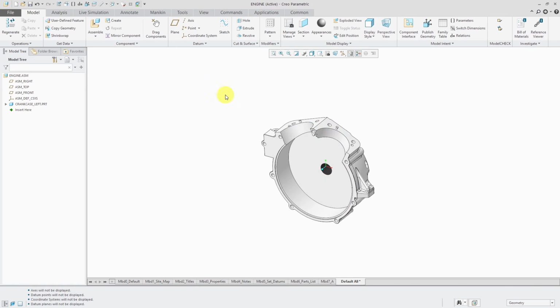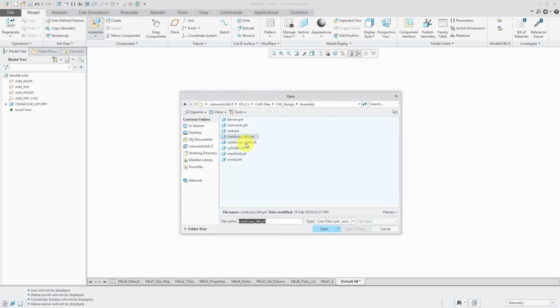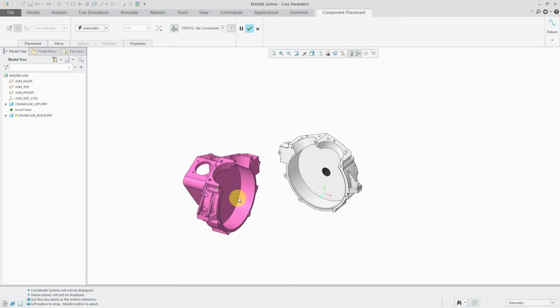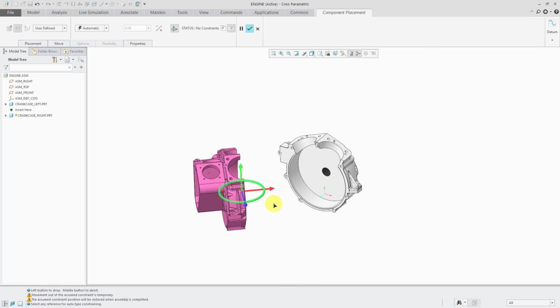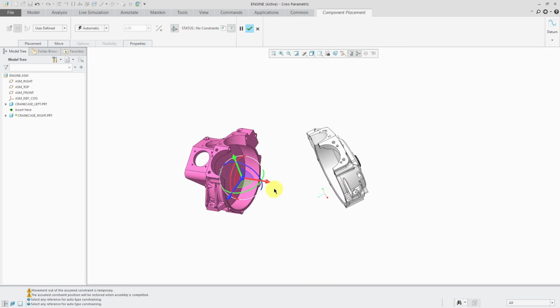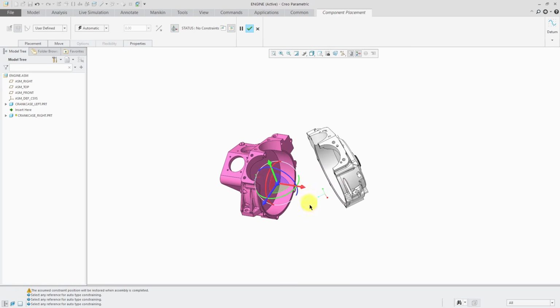Now let's place the second component. So for this one, let's click the Assemble button. And this is going to be the right side of the crankcase. And again, I've got it attached to my mouse, and I can just drop it where I want to. And then to help facilitate placing it correctly, I can start using the dragger to position it